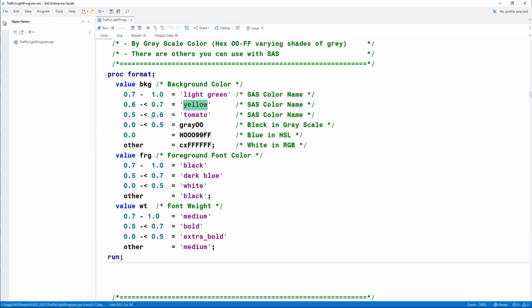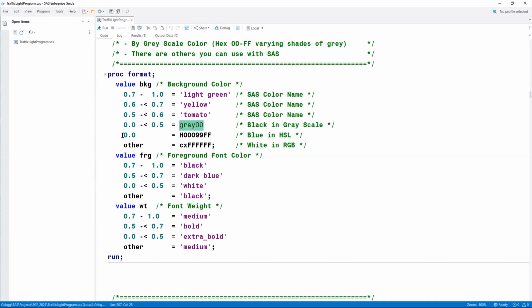And then 50 up to, but not including 60%, a form of red called tomato. It's a little lighter color of red. And then from 0 up to, but not including 50%, I want that to be gray 00, which is really black in the grayscale coloring.